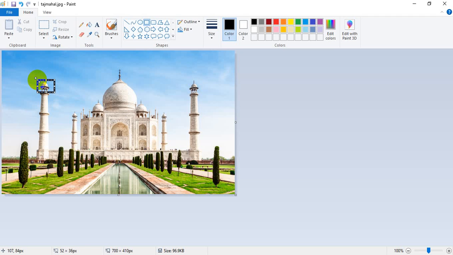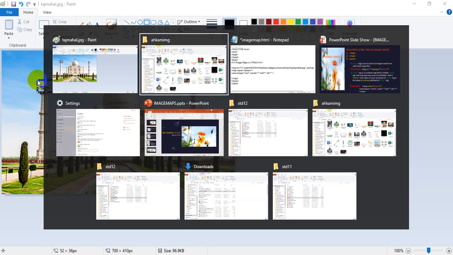Now notice that the coordinates are 107 and 84. On that particular position the coordinates are 107 and 84, so I will note that particular coordinate.